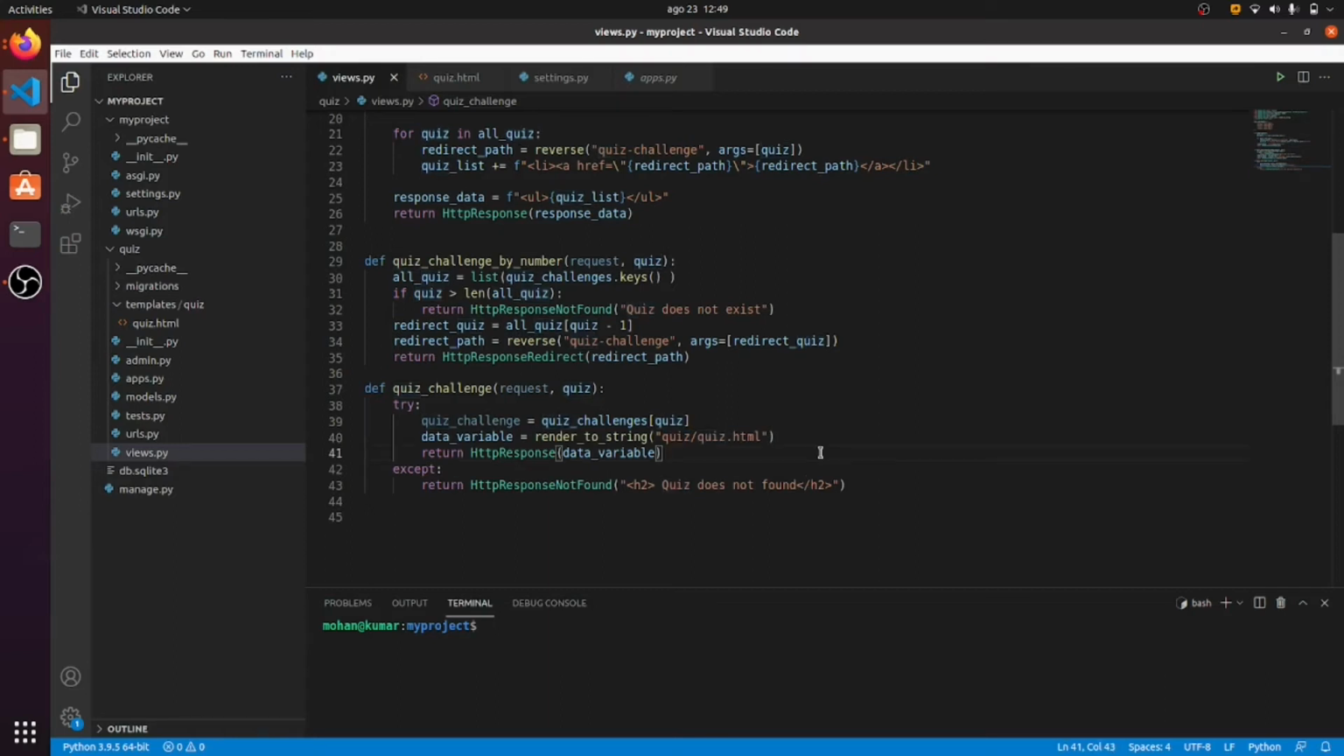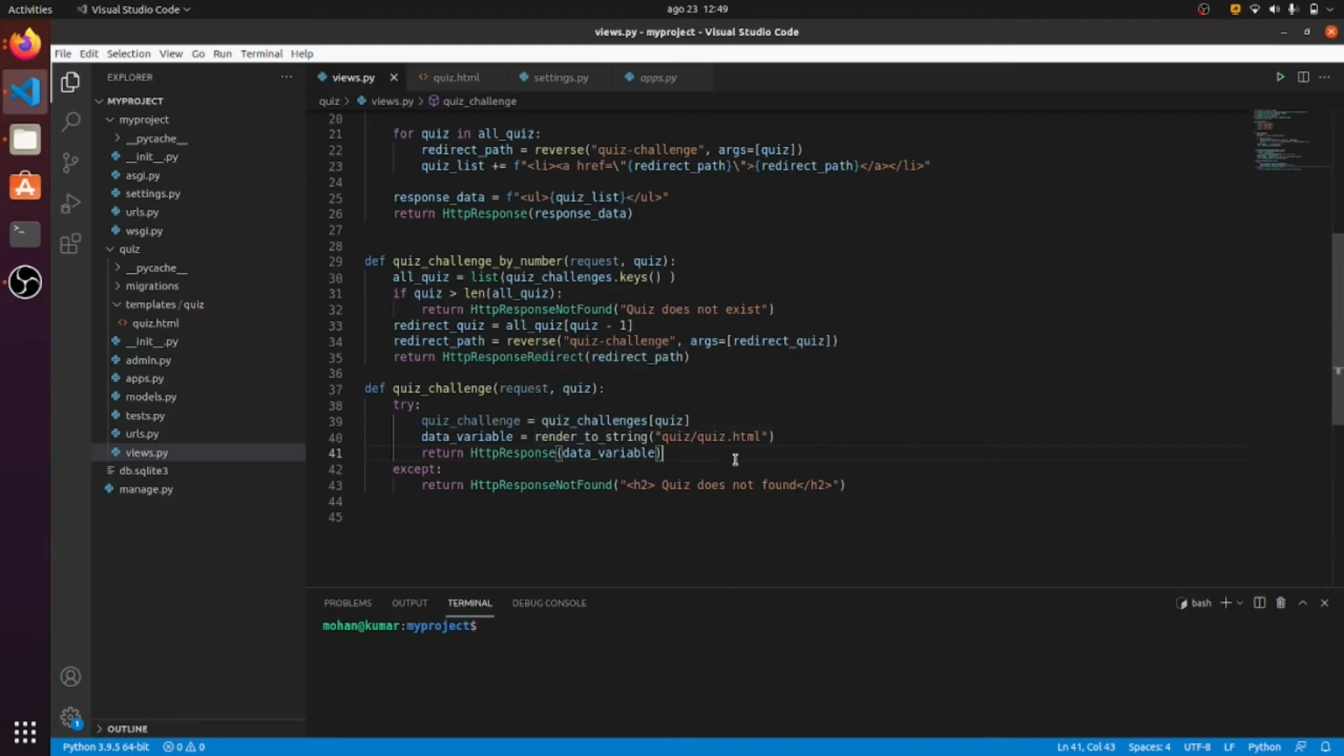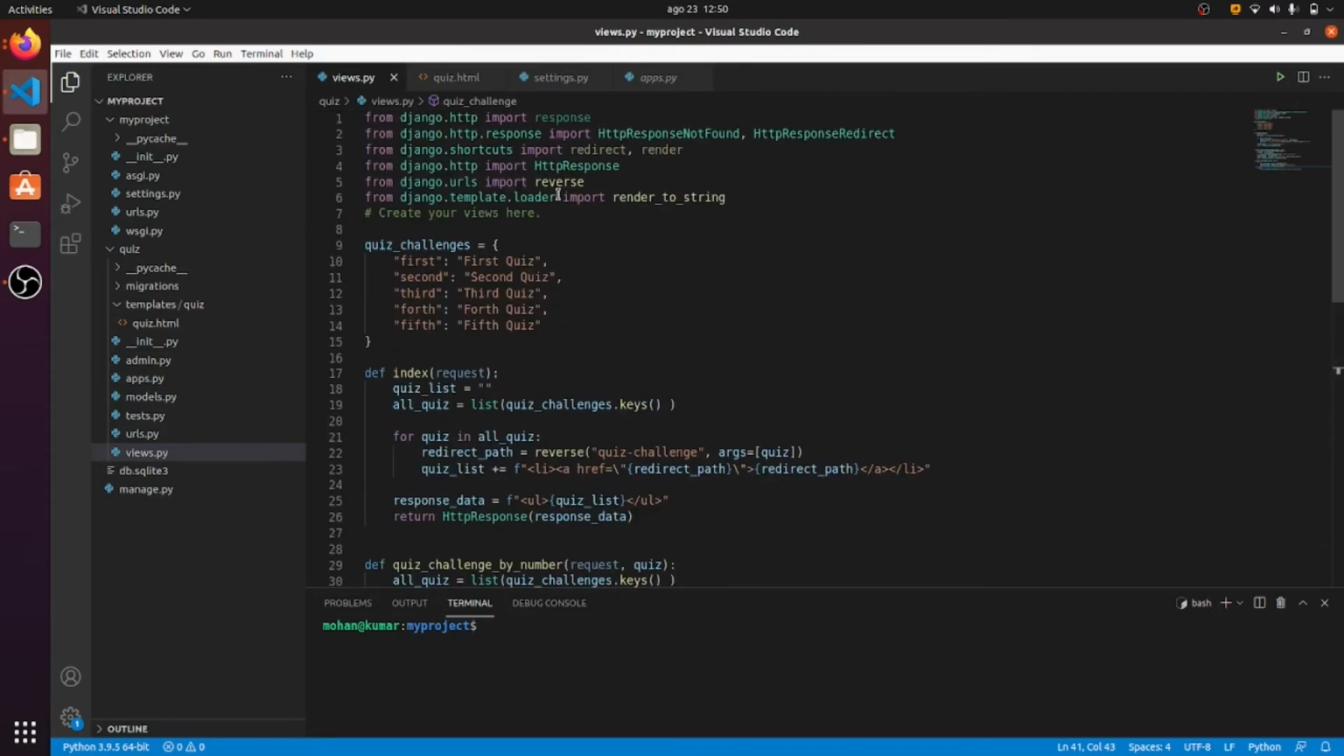One more point here. Currently I am using render_to_string, the function to render my quiz.html with the help of the HTTP response. There is nothing wrong in here, but for best practice we can use the Django shortcut render that we have already imported from django.shortcuts. With this we can get rid of render_to_string